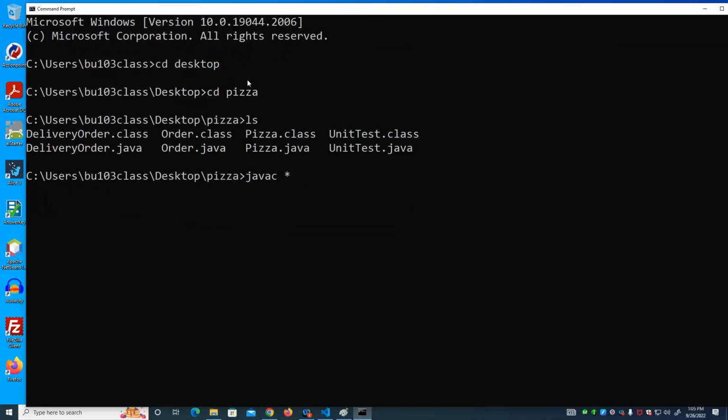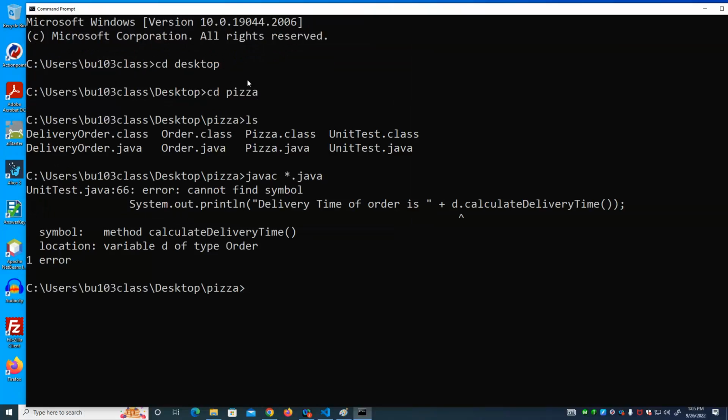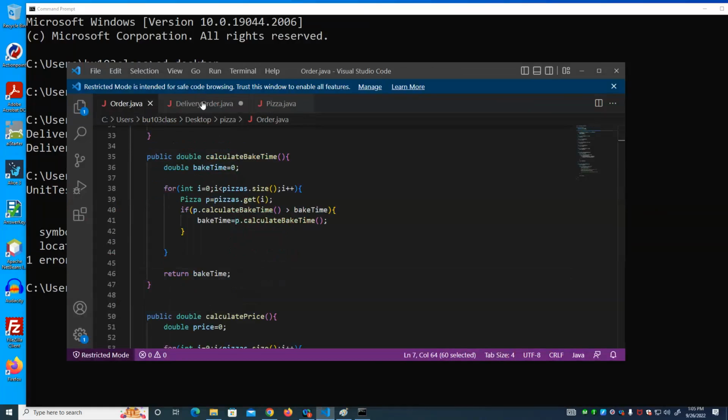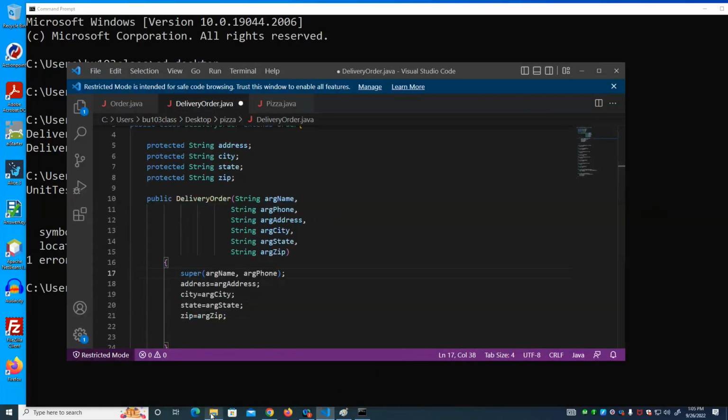So we can compile these, and we get an error. I must have saved this with an error in it. Calculate delivery time. Let's see why we have that error. We have that error because in the unit test class,